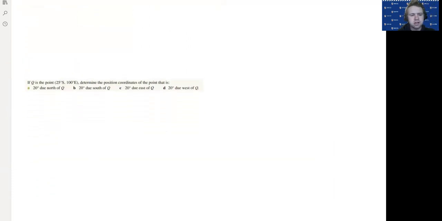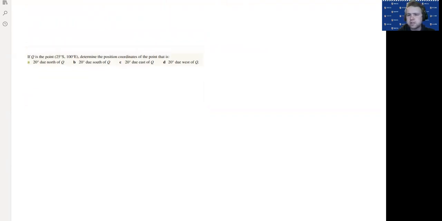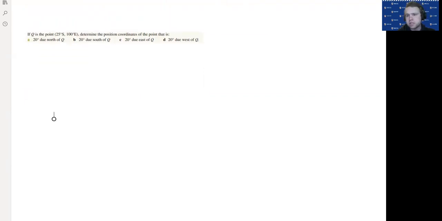Finally, if we're to move positions relative to a point, then we just change the coordinate that we're dealing with. If we're dealing with north-south, then we change that first coordinate. If we're dealing with east-west, we change the second coordinate. Now, if we are south and we move north, then that means we're actually taking away 20 degrees. So you've got to think about it. If you have this line here,